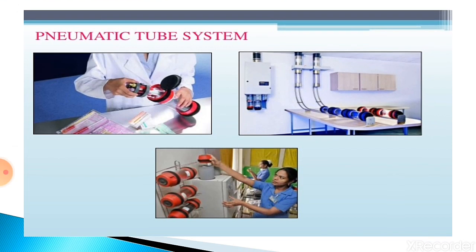Here you can see the pneumatic tube system. There is one tube in which the pharmacist has to fill the unit doses and this tube is sent to the other department from where the prescription order was received. In the second picture you can see the tubing system and the department has received the tubes which contain the multiple unit doses. In the third picture, you can see the nurse sending the prescription order to the pharmacy department.